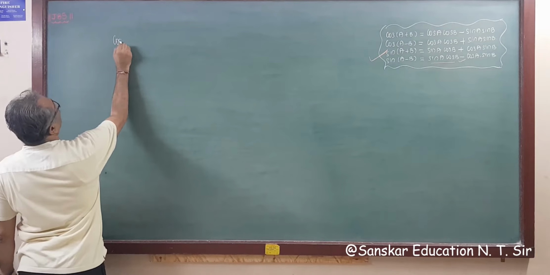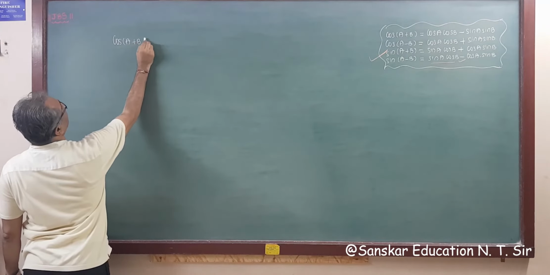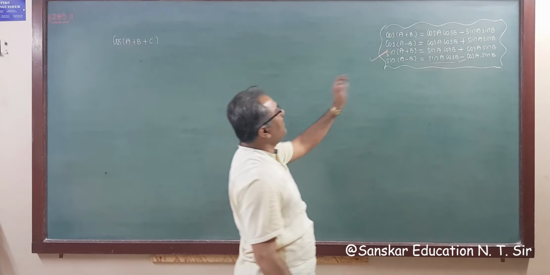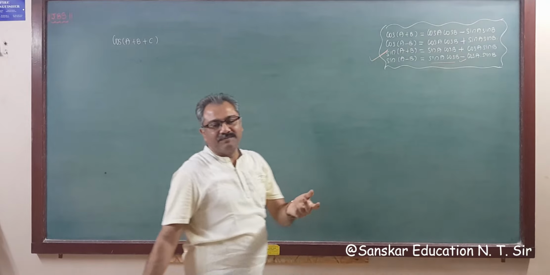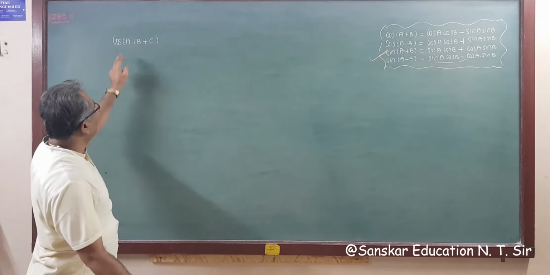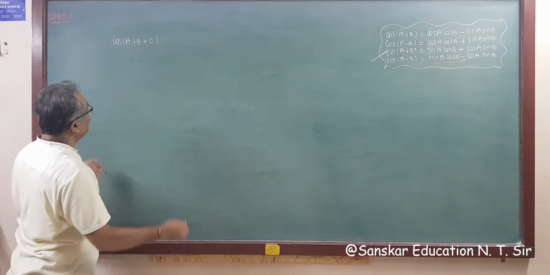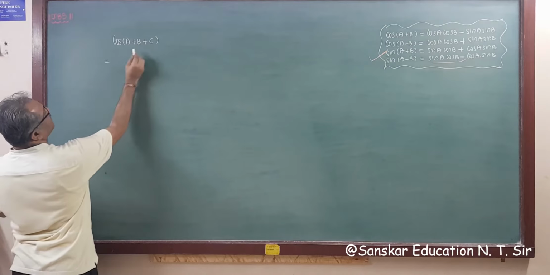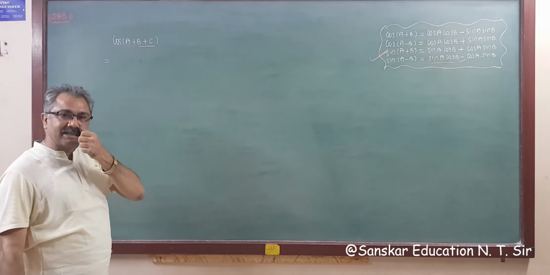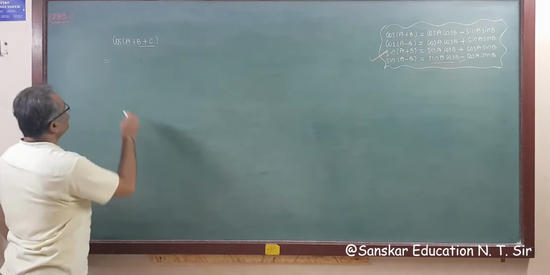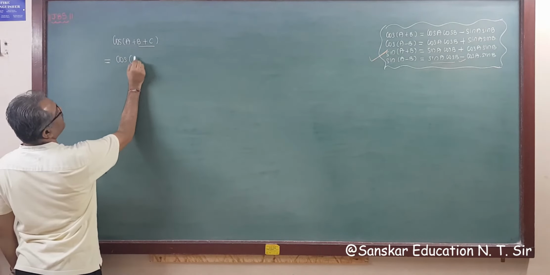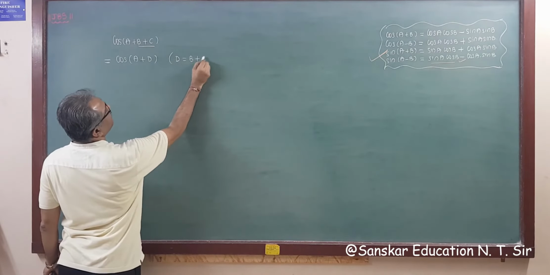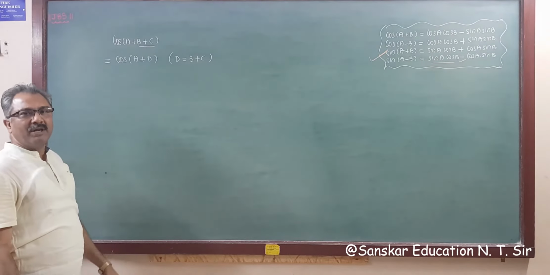So formula for cos(A+B+C), we are going to find out the formula for cos(A+B+C). We have only sum of two angles, right? A, B, either sum or subtraction. So here all are given addition, but we have only two angles, and here 1, 2, 3 angles are there. So I am assuming, suppose B+C is equal to D, right? So I am assuming cos(A+D), where D is equal to B+C.